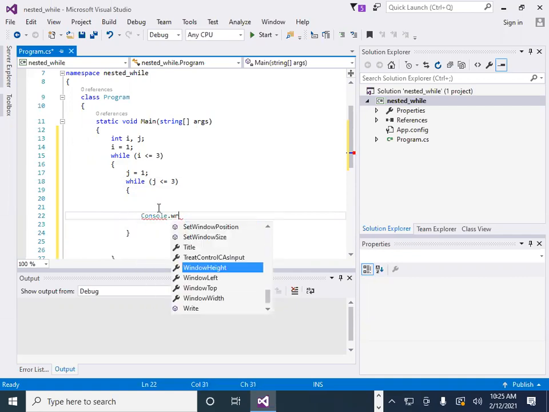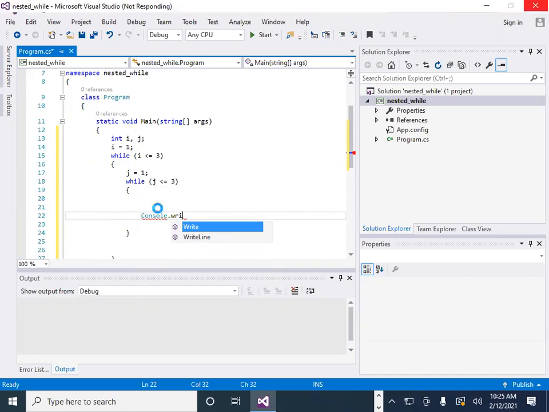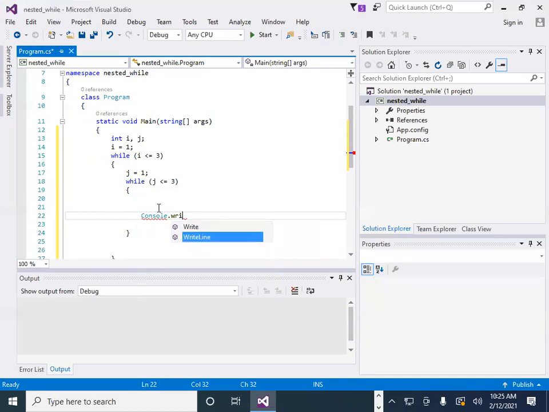So here I write Console.WriteLine, value of i, and give some space here.